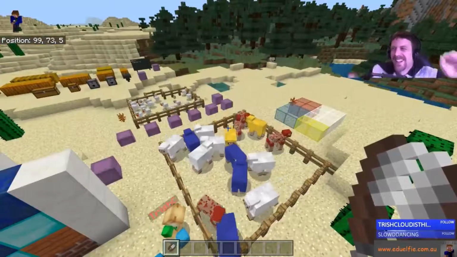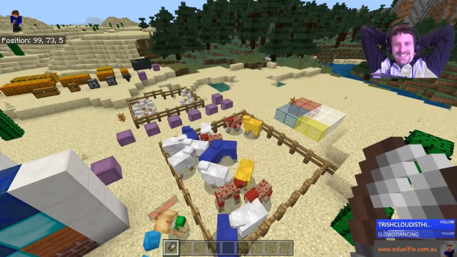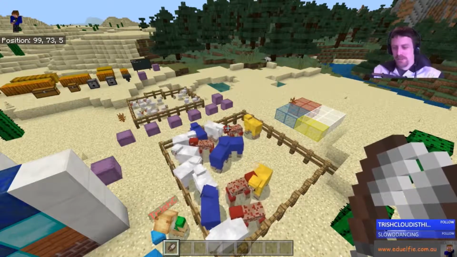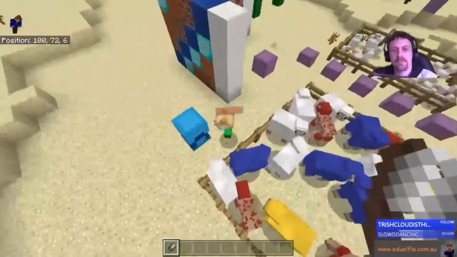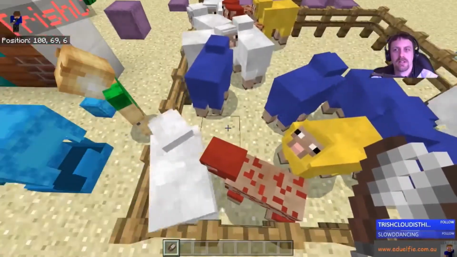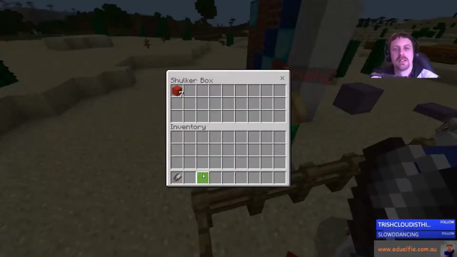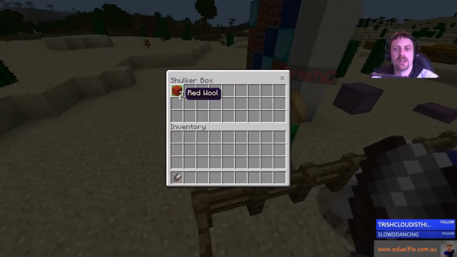All right. But what you want is, this is Mr. Smith's shulker box, and he only wants 1/3 of his shulker spots filled with wool. Okay. So we need to wait and get more red sheep.